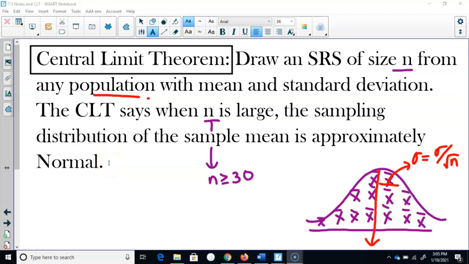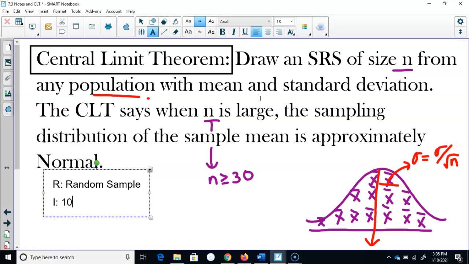Central limit theorem. The central limit theorem is the reason that when we are finding conditions for the sampling distribution, we go for a RIN. Remember, our conditions are R equals a random sample, I is independence, 10n has to be less than capital N, our population size, and then N, our normal